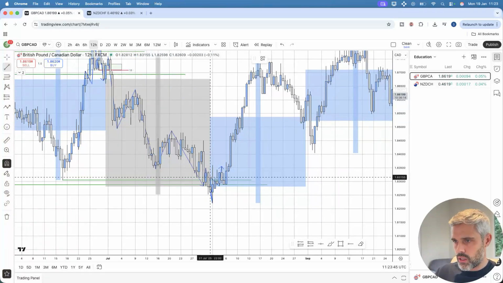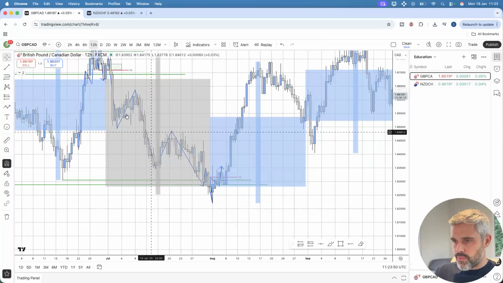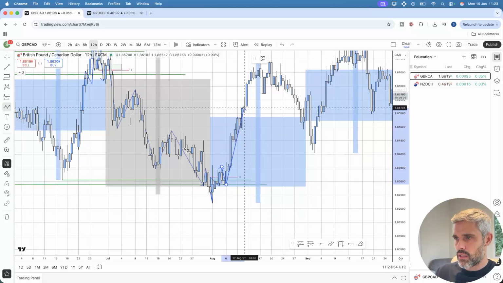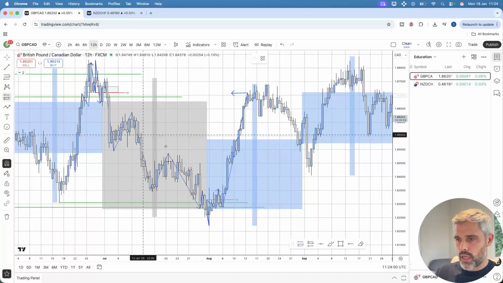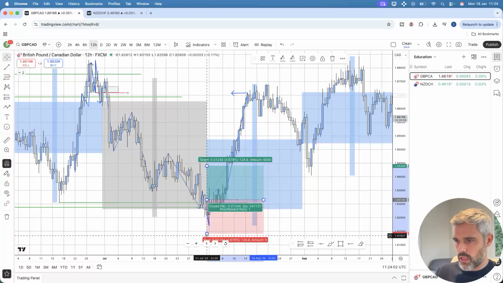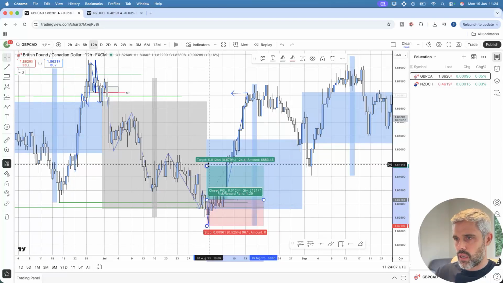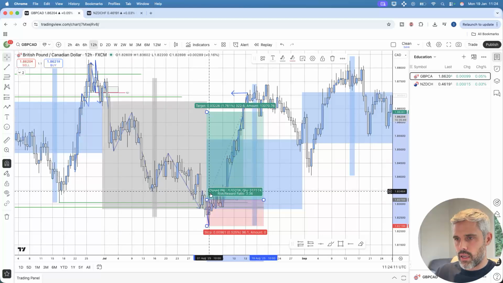So we get the formation of a new bullish 12-hour order block. Price then trades in to the order block and heads very aggressively back towards the external range liquidity at these highs. So we can again use this order block as our internal range liquidity. We have a liquidation of these key levels, and we can then target the highs, the intermediate highs that sit